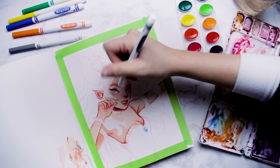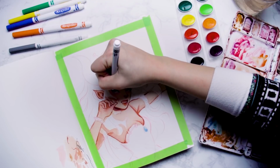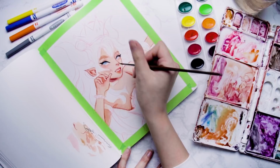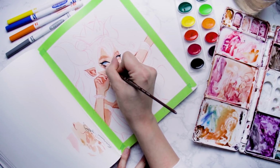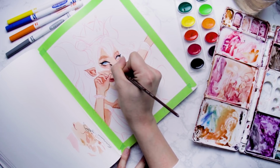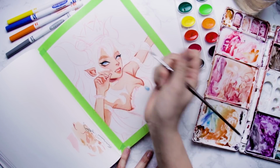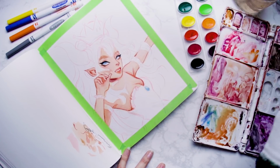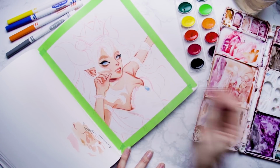Everything was great. And I say was because I'm pretty sure, if I remember correctly, this is where it kind of starts getting a little messy, like it's going away from my vision. So I'm doing the bottom, and I'm just using brown, and I think I wanted initially to do like thin eyelashes, but I allowed myself to use one other tool that was not Crayola, and it was my white acrylic